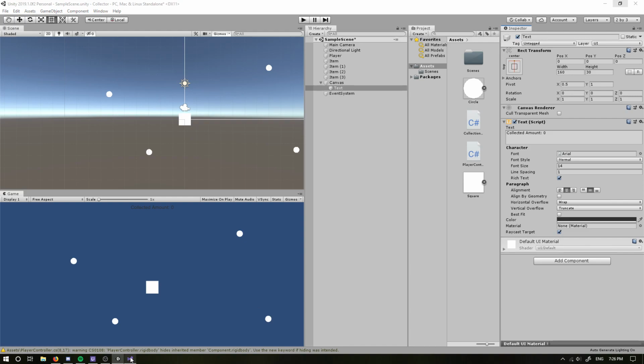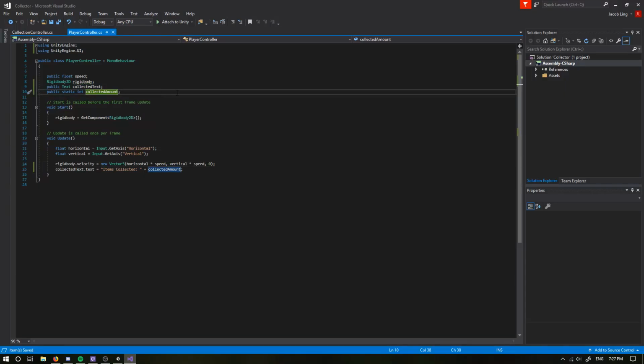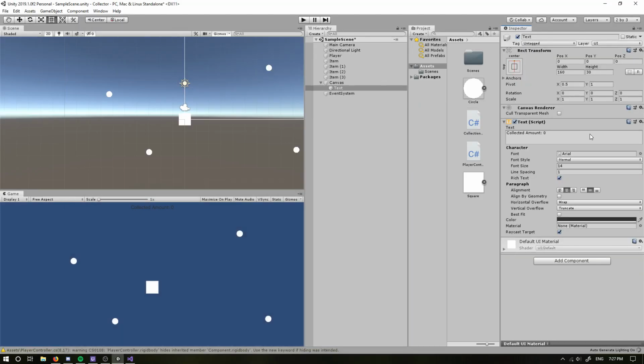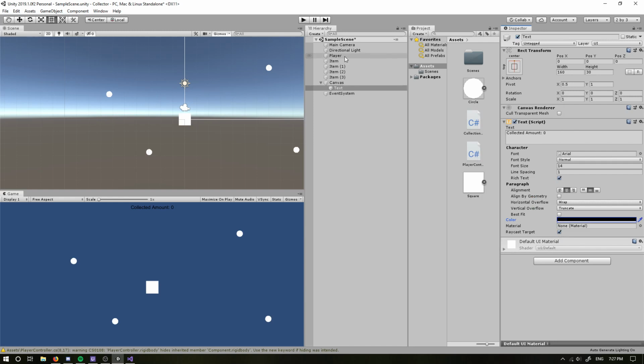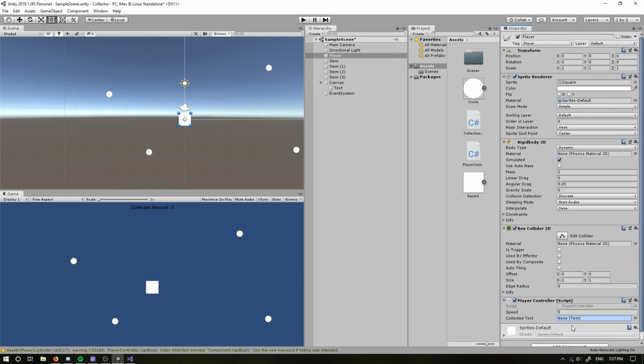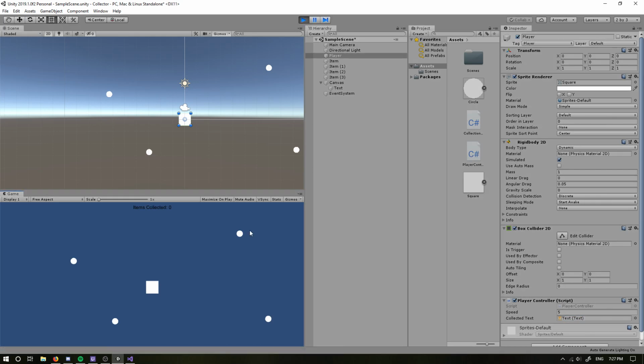Now we also need to set this equal to 0 at the start, otherwise it is not going to be defined. So we set that to 0, and now if we go to the player and drag our text into our collected text and run the game, when we collide with an object, it should remove it and it should increment. So if we go to another one, perfect,